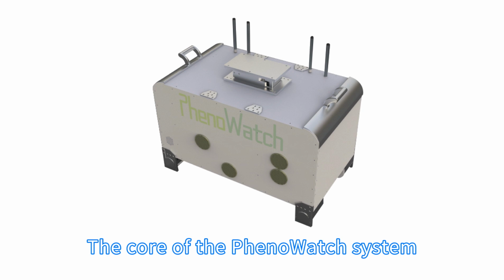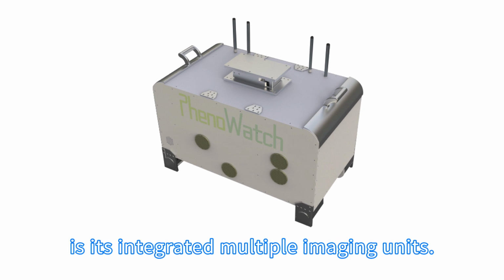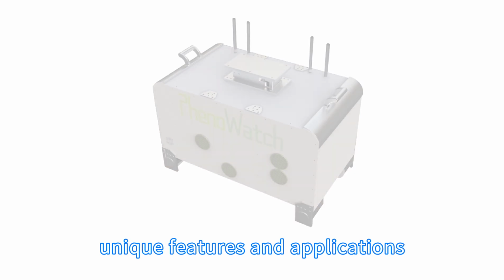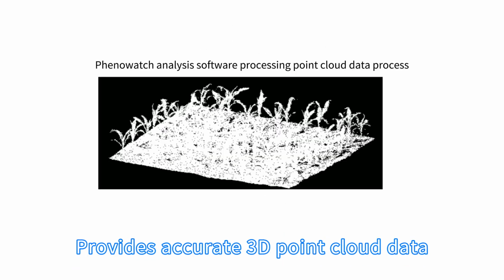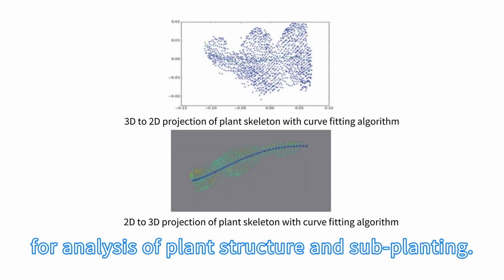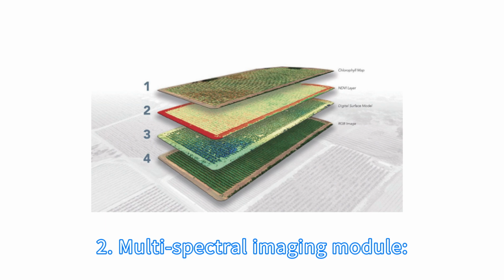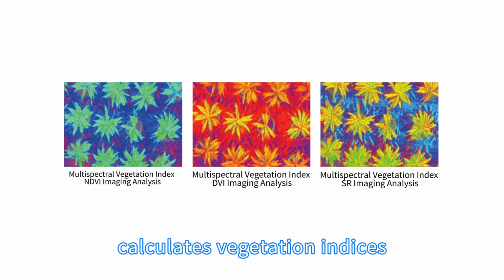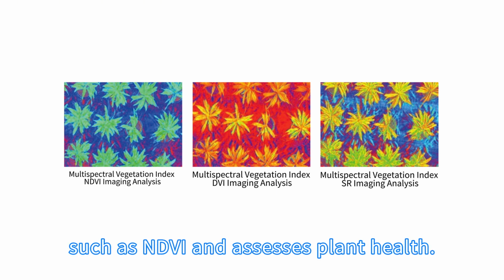The core of the PhenoWatch system is its integrated multiple imaging units. Each unit has its own unique features and applications. LiDAR provides accurate 3D point cloud data for analysis of plant structure and subplanting. The multispectral imaging module covers a wide range of wavelengths from blue to near-infrared, calculates vegetation indices such as NDVI, and